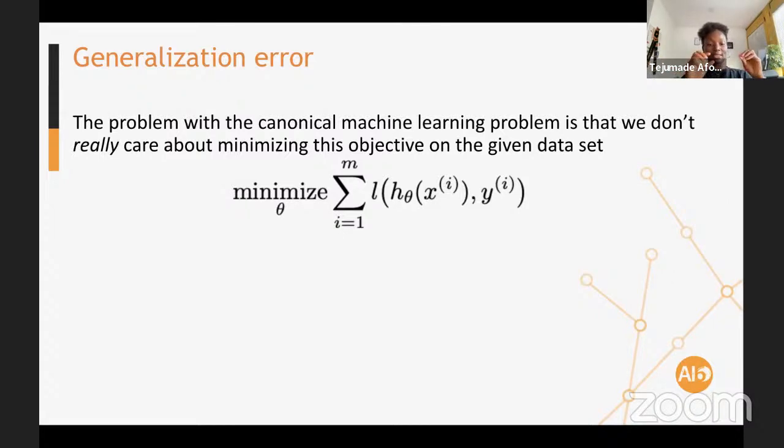So the error in linear regression that we try to minimize is the mean squared error that we've talked about before. You can write this minimization objective function as minimizing over the parameter space, which is the theta or weights. And then you have the loss function. The loss function in the linear regression model would be, like I said, the MSE, but in another model, the loss function would be different.